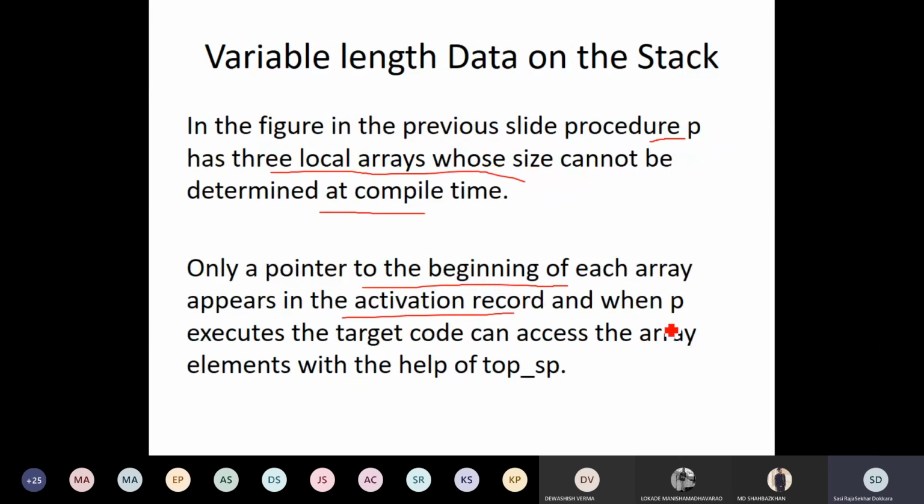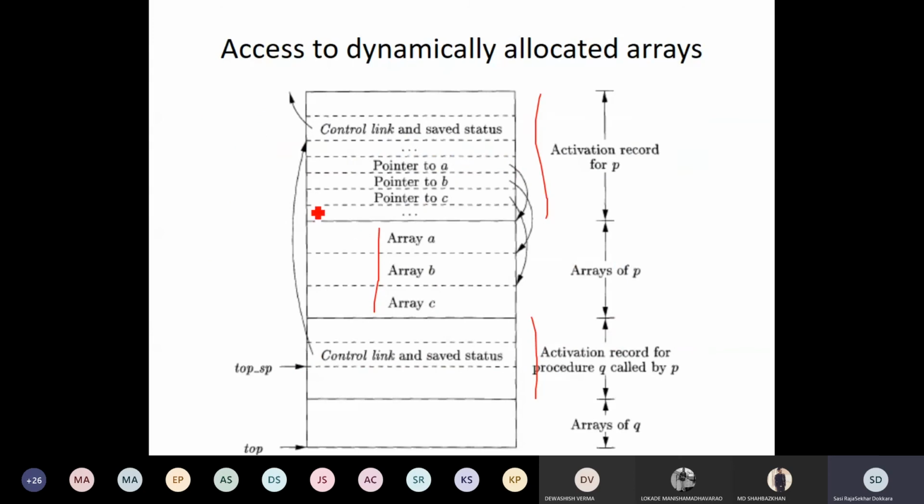When P executes, the target code can access the array elements with the help of the top of the stack pointer. If we observe here, only the beginning addresses of each of the arrays are going to be kept here: pointer to A, pointer to B, and pointer to C. Each one is the beginning address of the array.